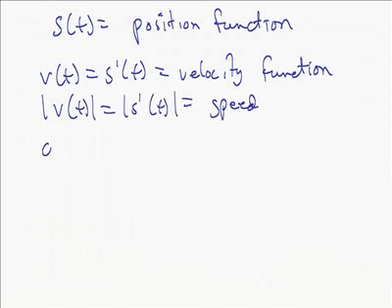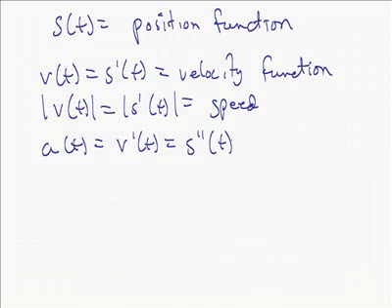Alright, and if we take the derivative then of the velocity function, which is going to be the second derivative of the original position function, that's going to give us acceleration. So the acceleration is just what you expect it to be, how fast your velocity is changing. So the acceleration is the derivative of the velocity, and so you get a change